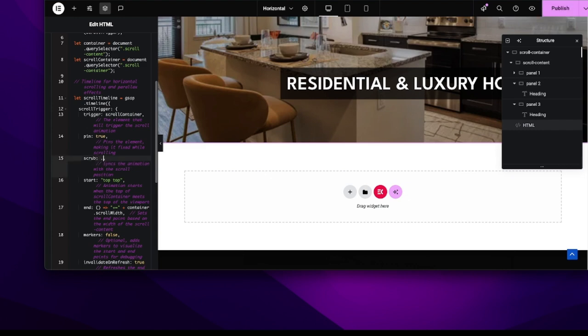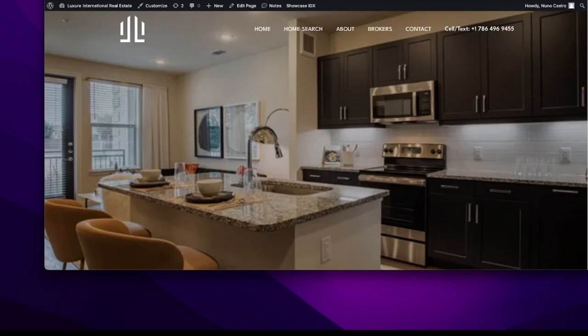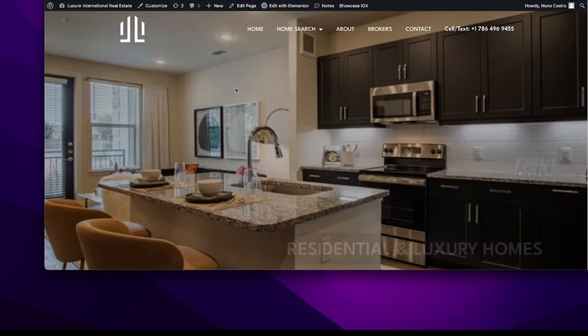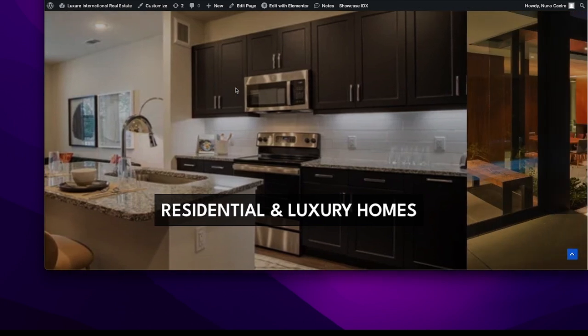So let's say I want to add 0.5, then again publish, then I just reload this page, then let's see how it looks. Yes,